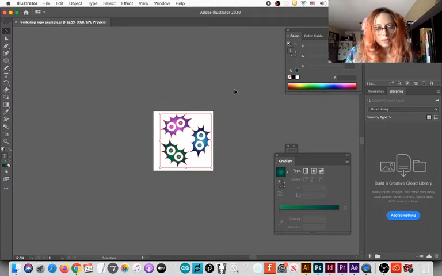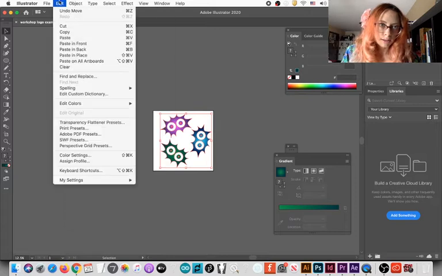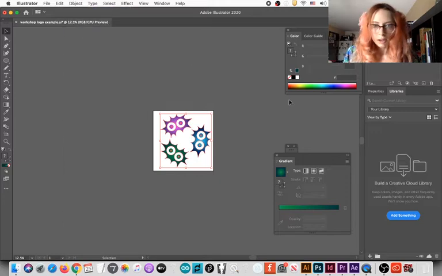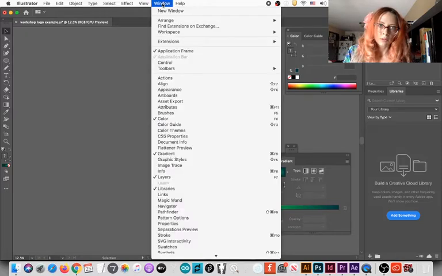Okay, I want this to be centered, so I group this entire selection of objects by clicking Command G, or going to Edit, Group, or Object, Group. I see they're not centered in the middle of the canvas. In order to center stuff, you go to Window, Align.